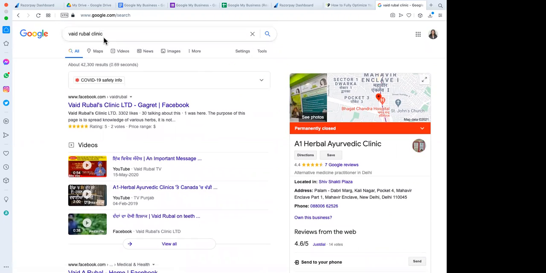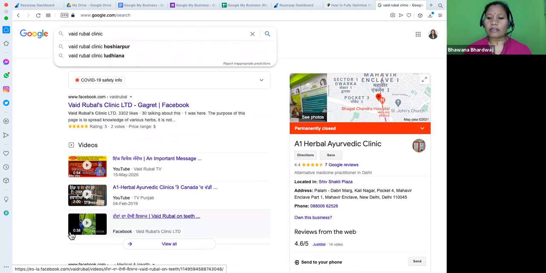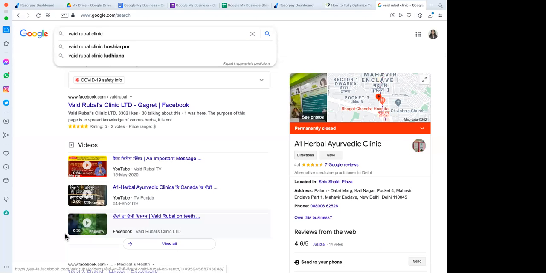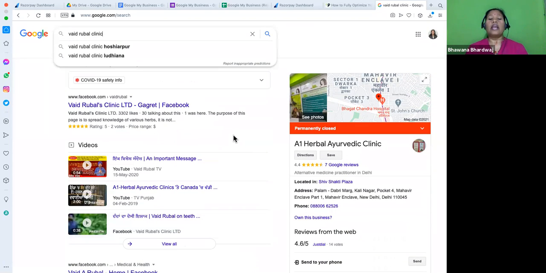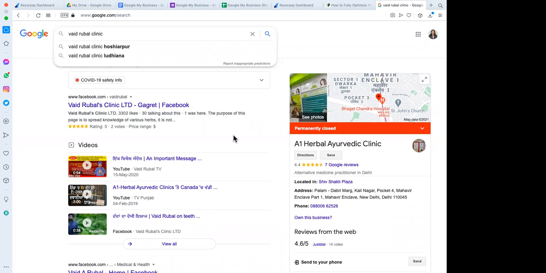Okay, so if you have already listed and you have not taken care of it, how can you reopen it? Actually, I don't know, we got it done from somewhere else, so I don't have any idea how to manage all this stuff. Okay, that's wonderful. So if you have already listed and you don't have access to that listing, the first responsibility is to go and claim that listing and get the ownership of it. It's your digital property. It's your digital asset. So it's your responsibility that the presence belongs to you. You should have the control that whenever you want, you can change the settings, your name or address or phone number, or you can manage your ratings and reviews. Everything should be in your control.